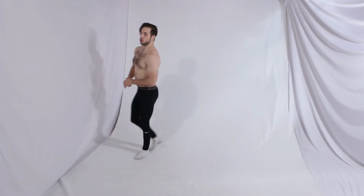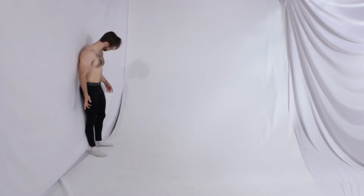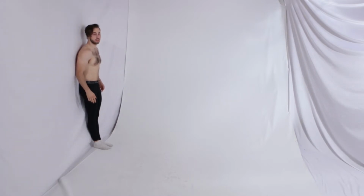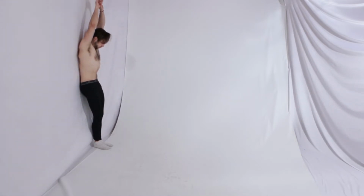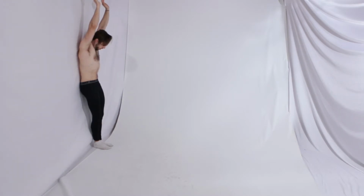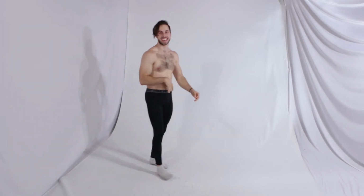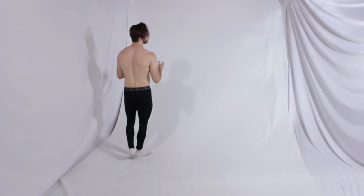So, how can we do that? Well, what we can do is tuck our head in to look at our core and how it's supposed to be. If we were to do this standing, it's easy enough to do. We have our arms above our head, we feel our lower back touching the wall, and we can look down and see what our core is doing and how that looks. And what we can do is do that in a handstand, which we can do with support,